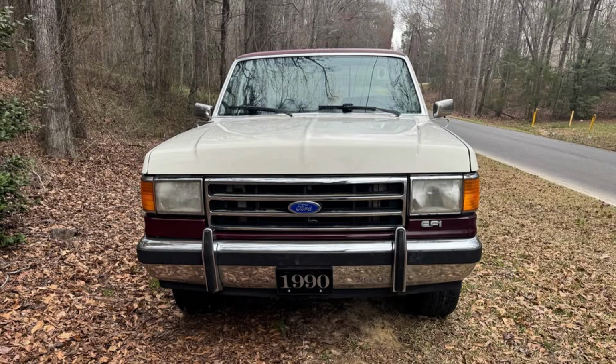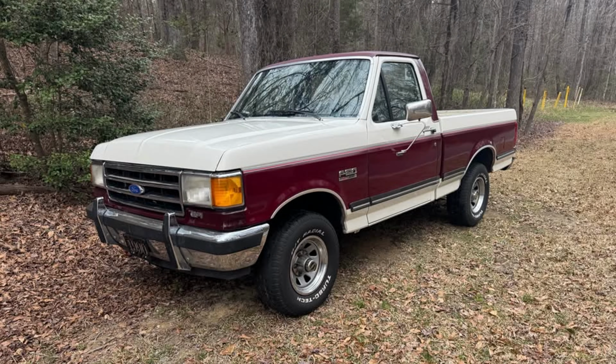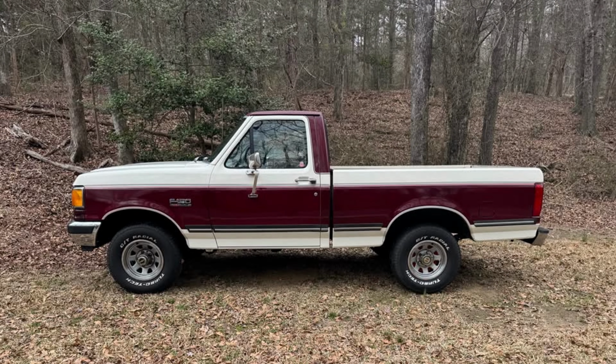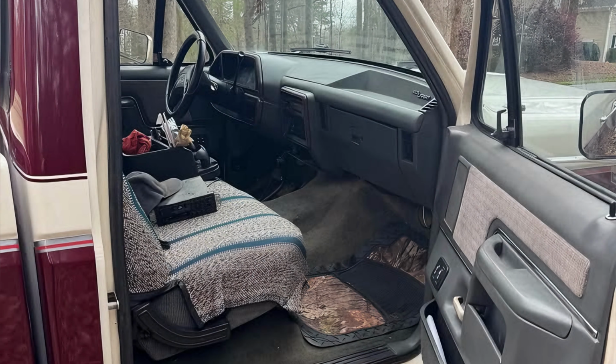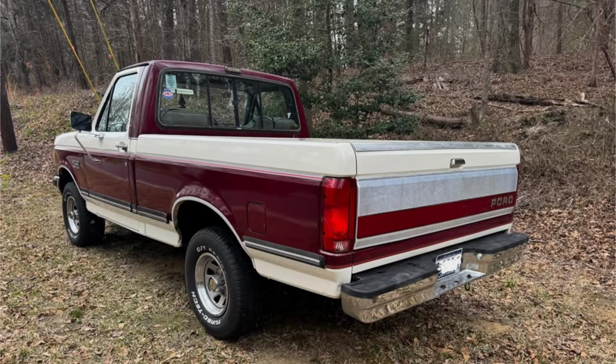With 103,600 miles on the body and a newly installed 5.0L engine that has less than 5,000 miles, it features an automatic transmission, power brakes, and power steering, providing a smooth and controlled driving experience. The red exterior and gray interior are well maintained, and the truck is completely rust-free, making it a solid and